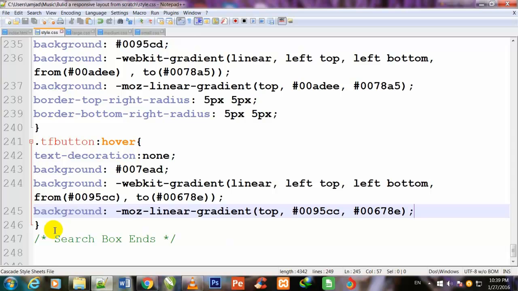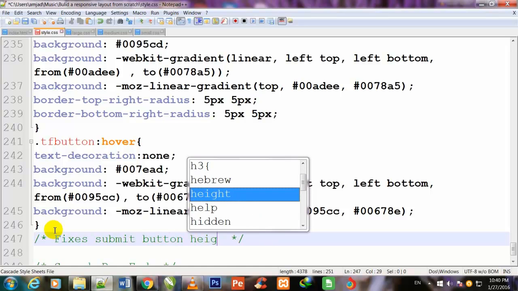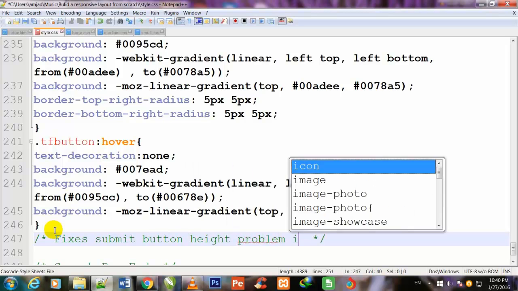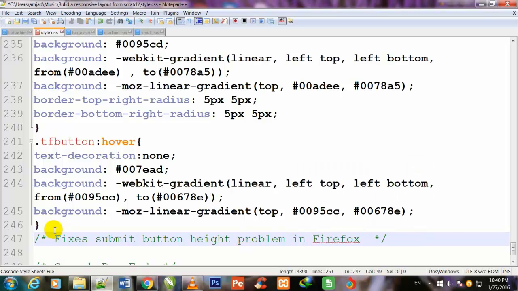So first of all, I write a comment to tell you about it, something like: /* fixes submit button height problem in Firefox. */